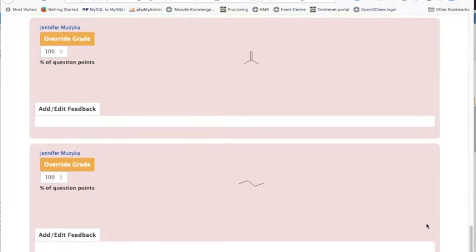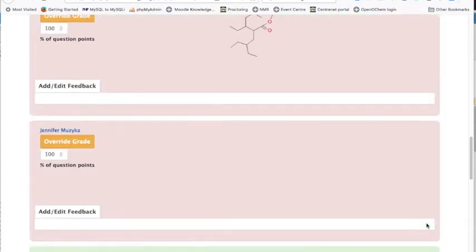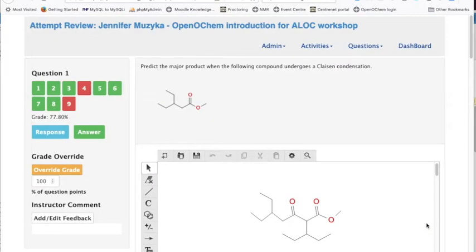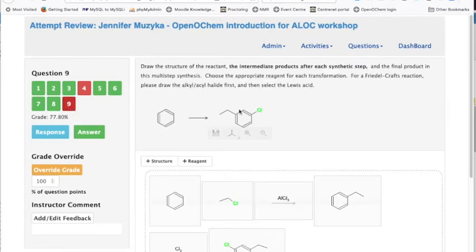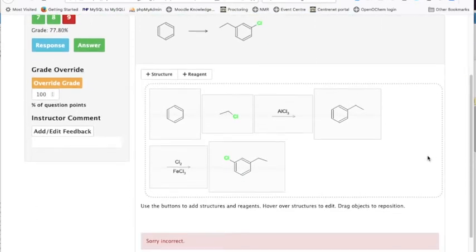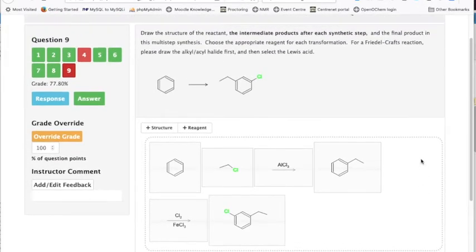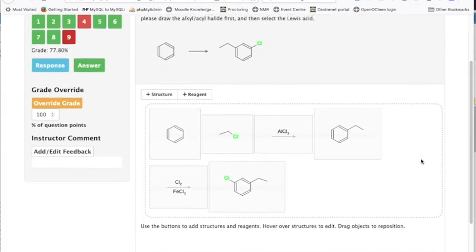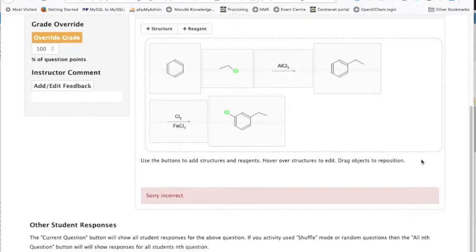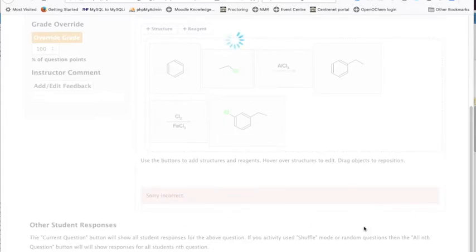You can learn a lot about students' misconceptions by exploring what answers they got wrong in the quiz. Let's look at one of these other questions. Okay, so here is the response, and I clearly didn't pay close enough attention to this question, and I got the regiochemistry wrong, so that's wrong. Let's see the other answers,